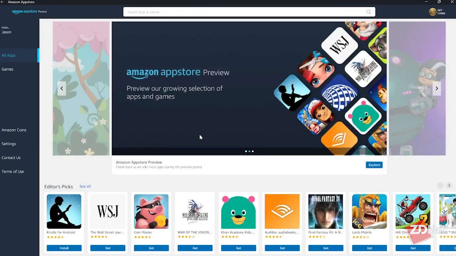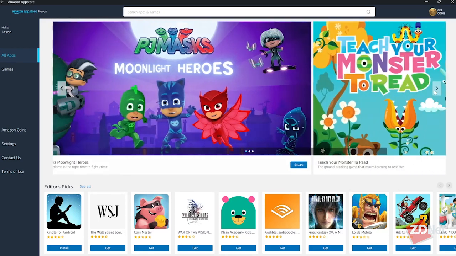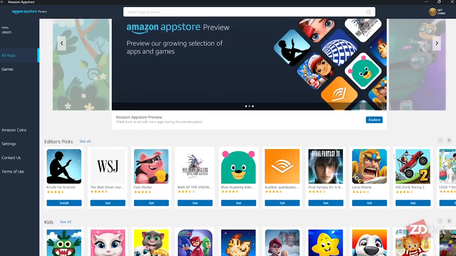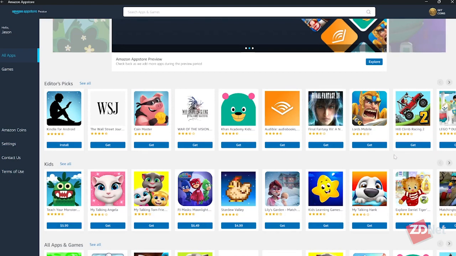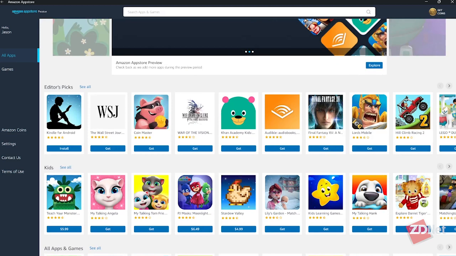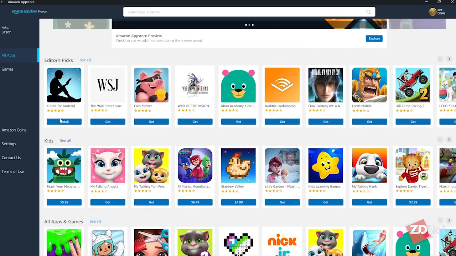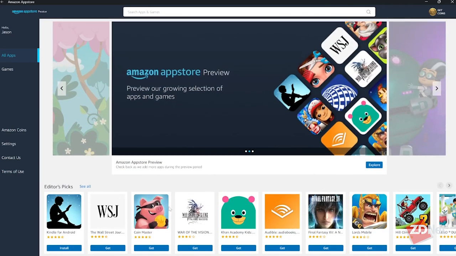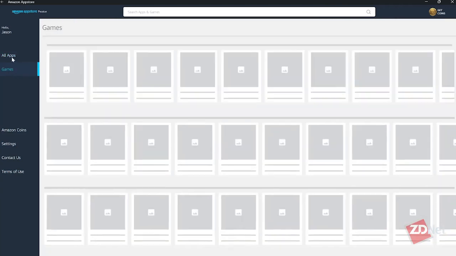All right, I've gone ahead and signed into the Amazon Appstore, and as you can see, it looks just like it does on a Fire tablet or even a Fire TV device if you're browsing through apps on there. Now, there's not a ton of apps available right now. I would say the highlight app available would be the Kindle for Android app, which is meant to be used on a touchscreen device. It's very apparent when you're trying to use the mouse that it's meant for a touchscreen device. But there's a bunch of games here. Some color by numbers, crosswords. You can go through each category and pick some stuff out. Like I said, there's a lot of games right now,